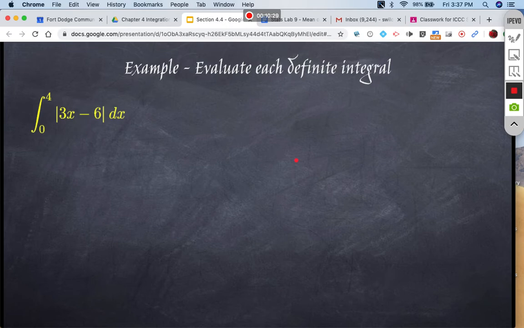What about this one here? We don't have an antiderivative of an absolute value. Plus, it looks like a composite function, and that's going to be problems. We're going to look at composite functions next section. But let's look at this absolute value of 3x minus 6. We know when x is 2, this is 0. If it's less than 2,